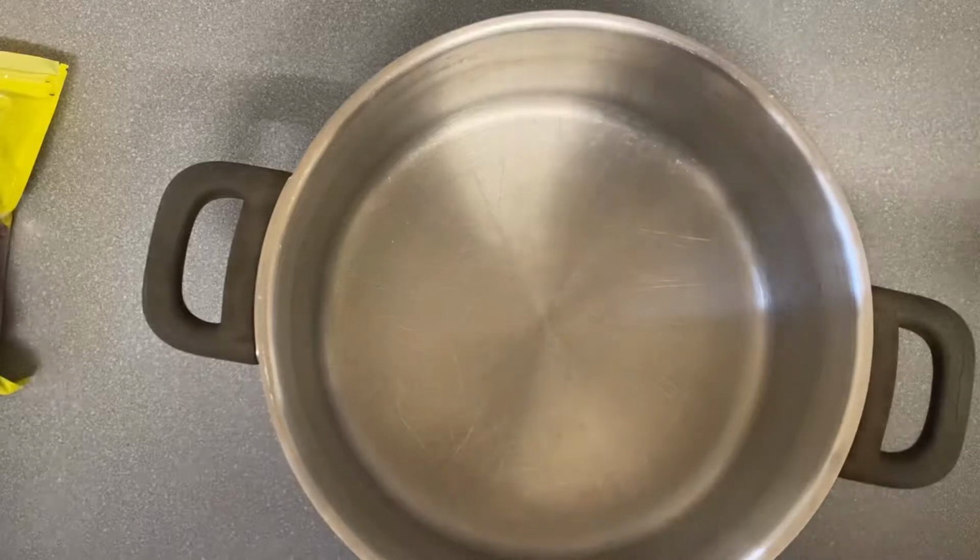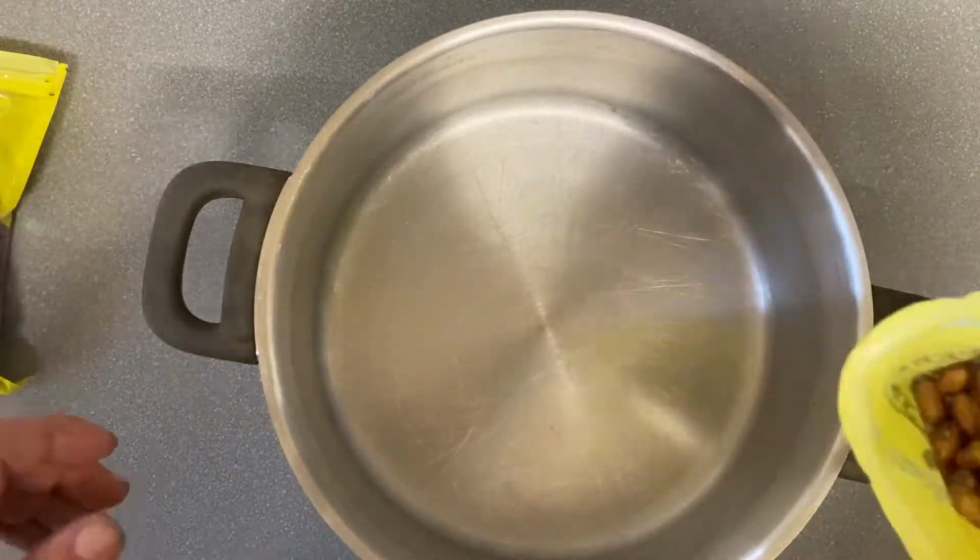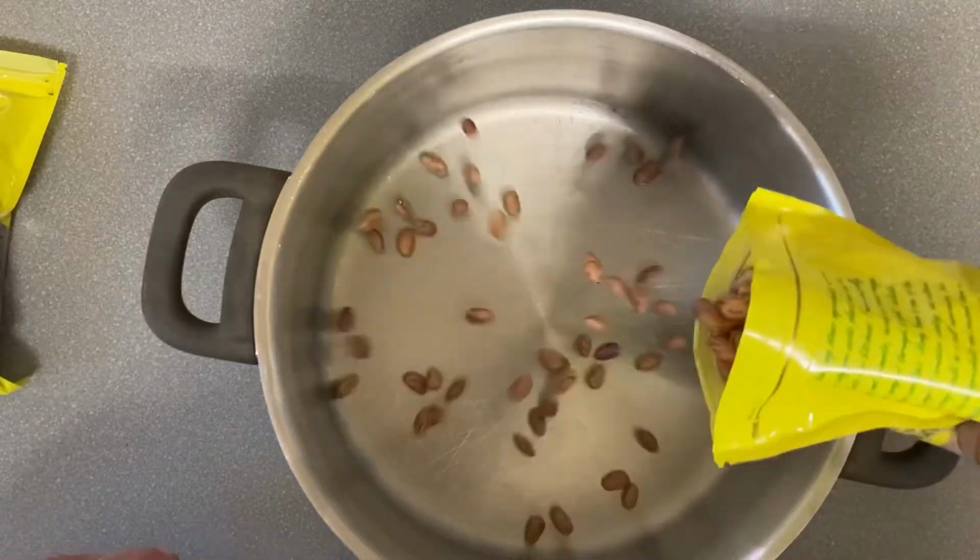Alright, so chili, not really in my wheelhouse. I don't really do Tex-Mex cooking, but let's give it a crack and see how we go. Okay, so beans, if you're cooking chili, I'm thinking there's got to be beans in it. All right, so going to put